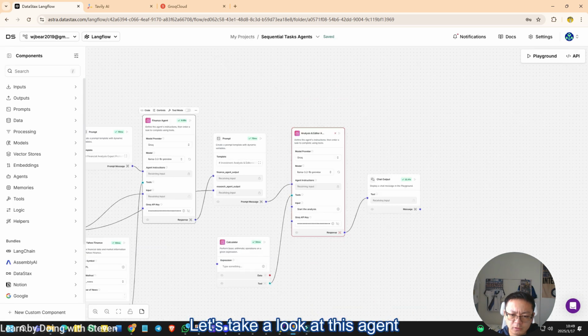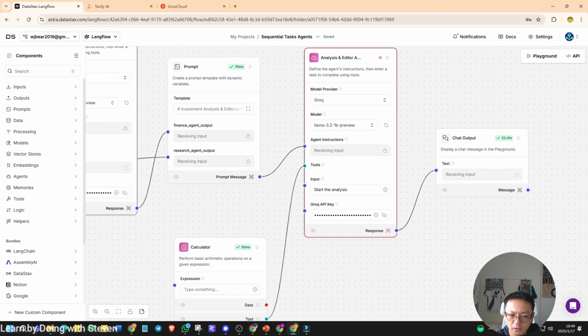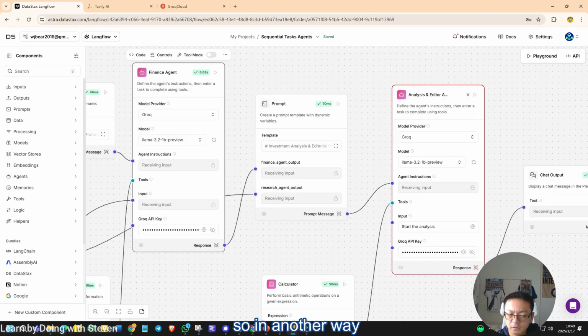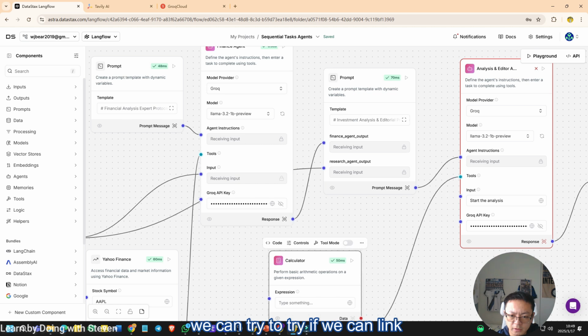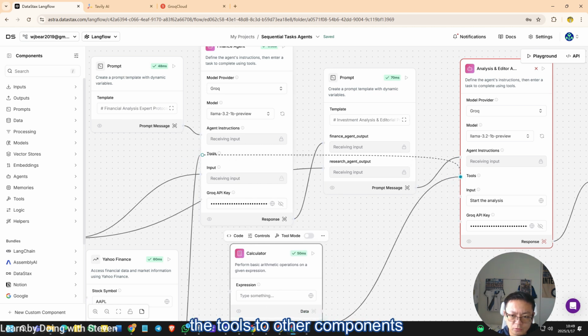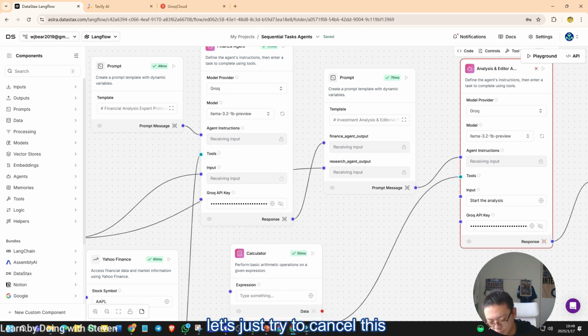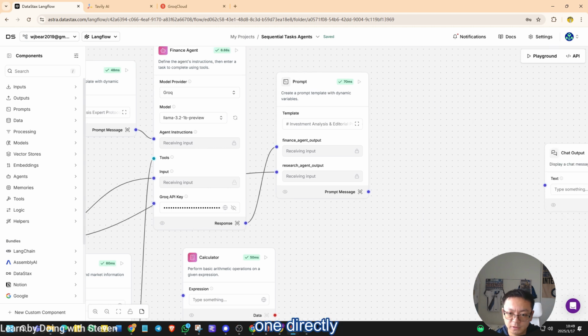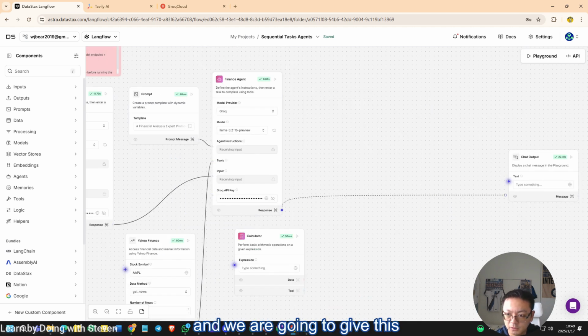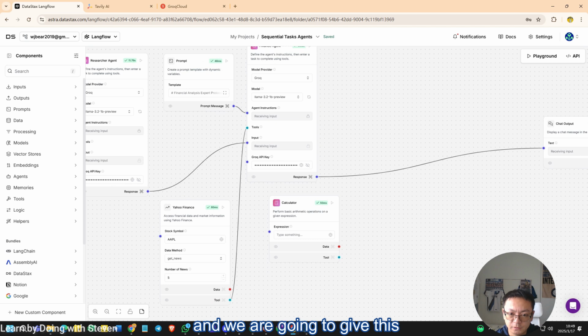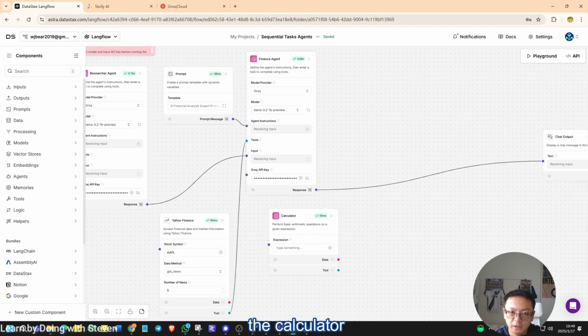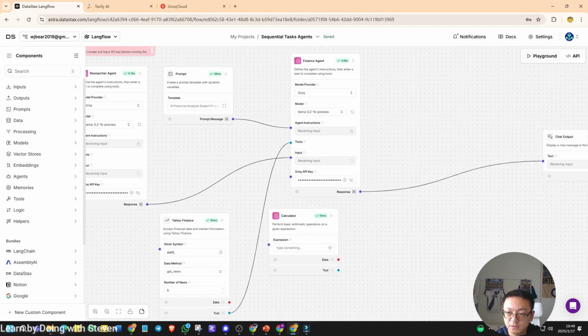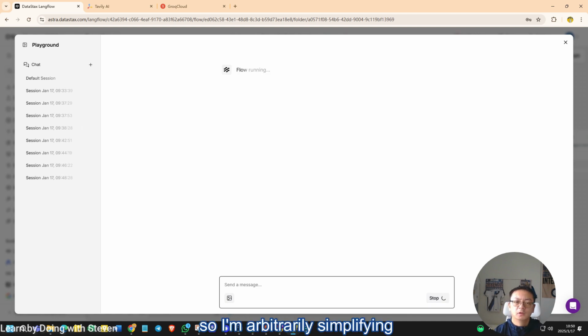And let's take a look. It's about this agent. Okay. So in another way, we can try if we can link the tools to other components, or let's just try to cancel this one directly. Yeah, and we are going to give this to the output. The calculator, let's just ignore for 1 second. Okay, let's just try. So I'm arbitrarily simplifying the workflow just to try if the issue happens in one